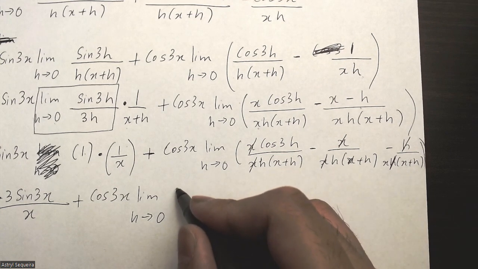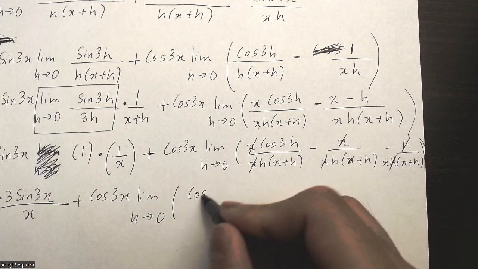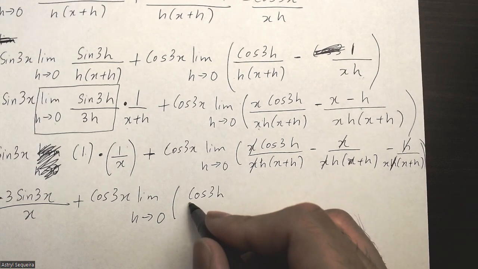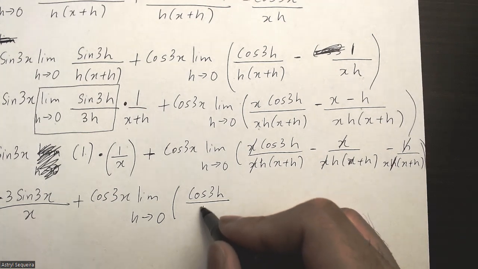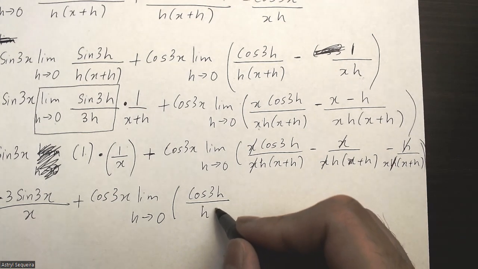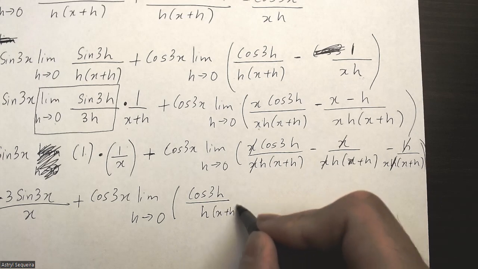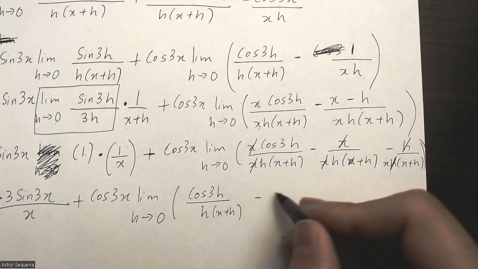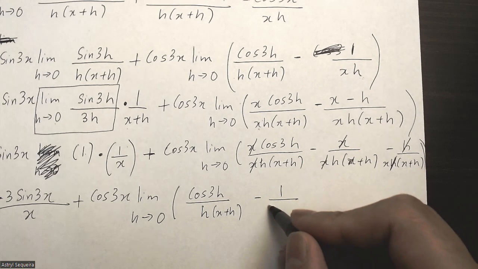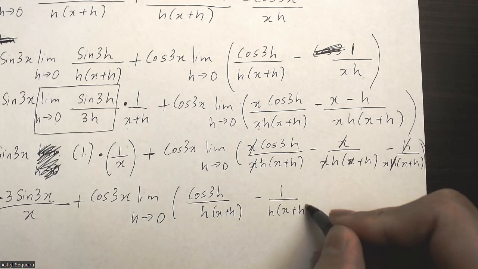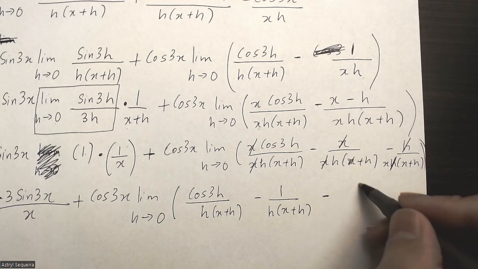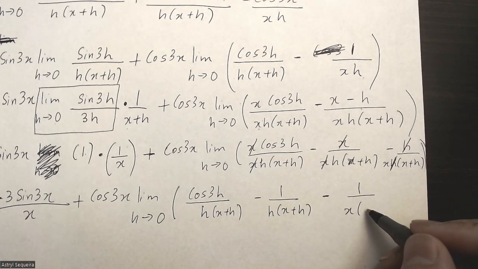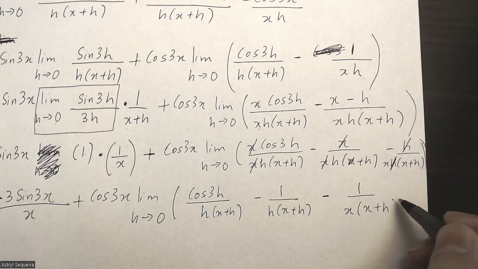So I'm just left with cos 3h over h(x plus h), minus 1 over h(x plus h),